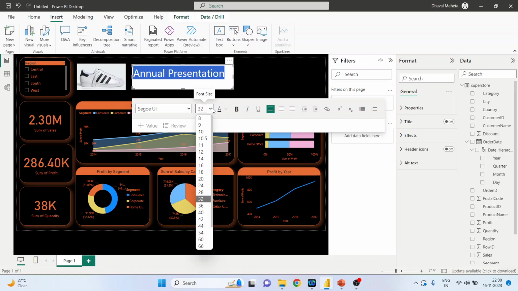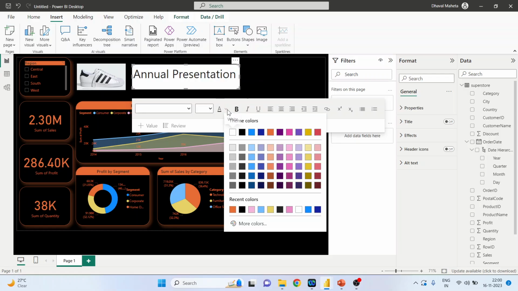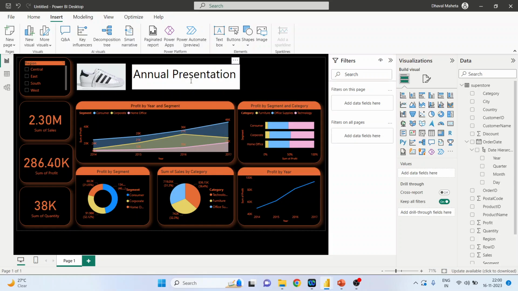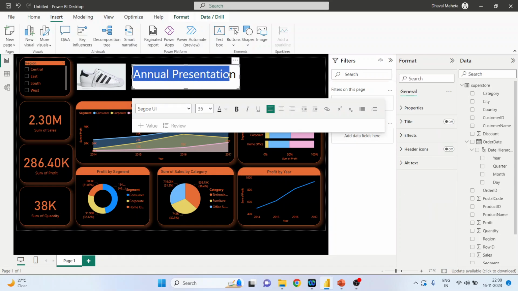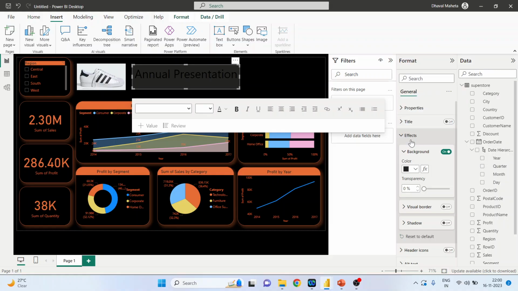Let's increase the font size a little bit. Okay, now change the color. Get black in the center. Now again, we will change the background of this. So let's go in effects, background, black color,